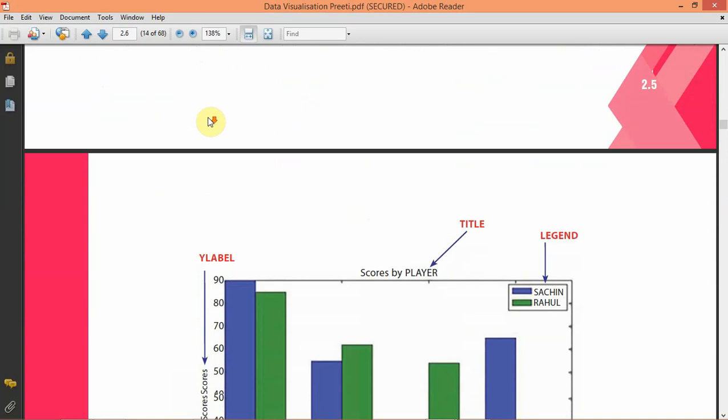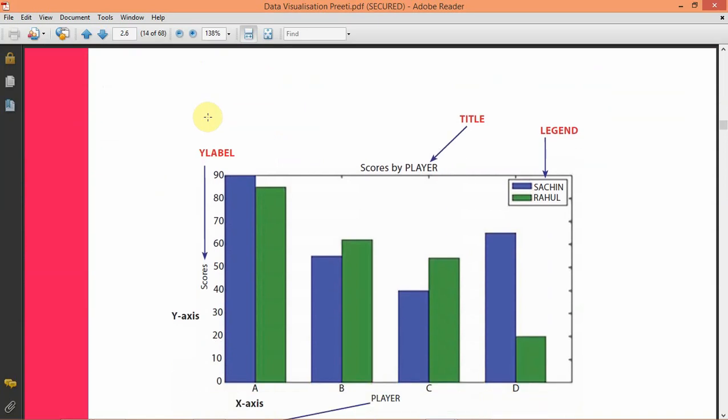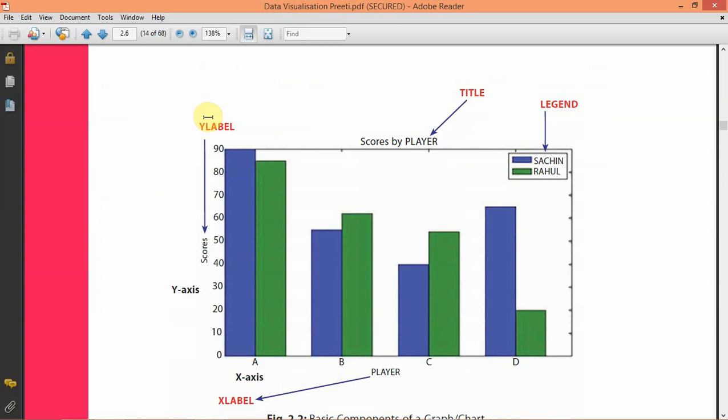So if you draw a graph chart, then what will be the component of that chart or graph? You have seen many graph in your secondary classes, 9, 10, even 5, 6 classes also you are able to see that graph.